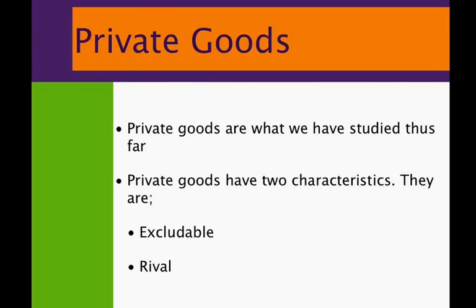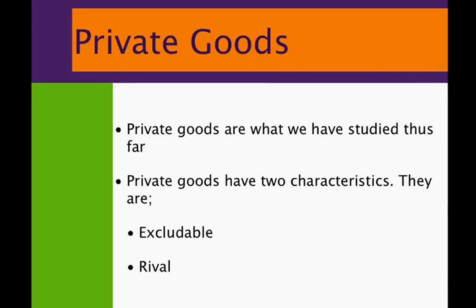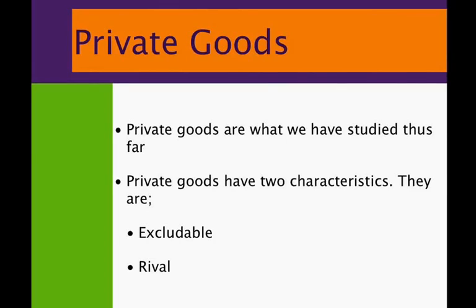And so let's talk about the characteristics of some of these goods, like the private goods. Okay, so first off, they are excludable. Suppliers of the good can prevent people who don't pay from consuming it. So that's what that means. And they're also rival in consumption. The same unit of the good cannot be consumed by more than one person at the same time.